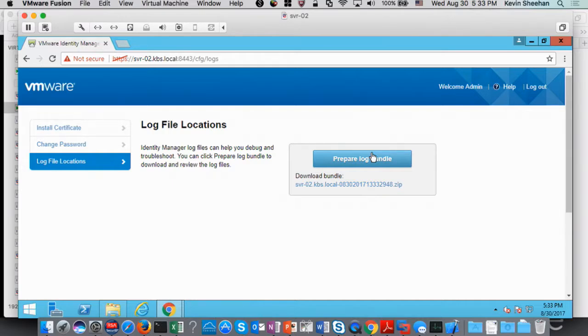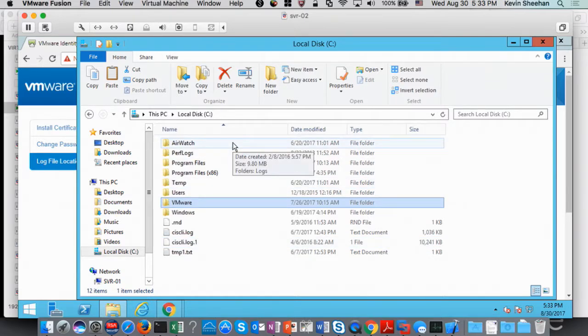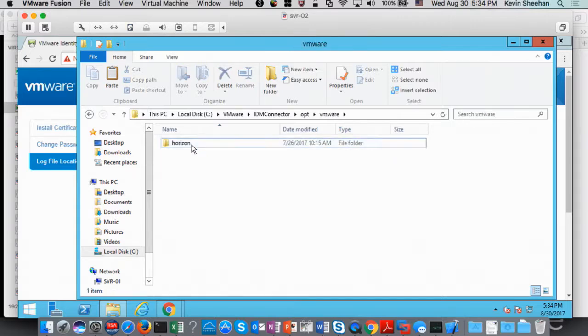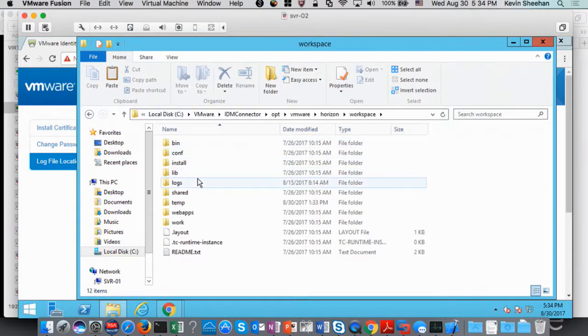That will then go ahead, and on Windows, it gives you a zip file, gives you a tar.gz over on the Linux side. On Windows, though, you have the ability to come in and just open the file system up directly, or if you go ahead and enable root access per the instructions we had on the previous slide and use a tool like WinSCP, you can directly navigate into the file system on either Windows or on the Linux appliance. So in this case, if I go into VMware, IDM connector, opt, VMware, Horizon, Workspace, logs,